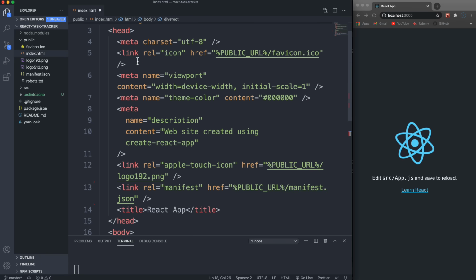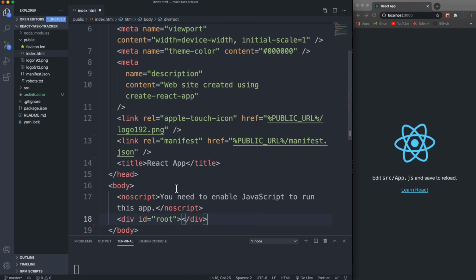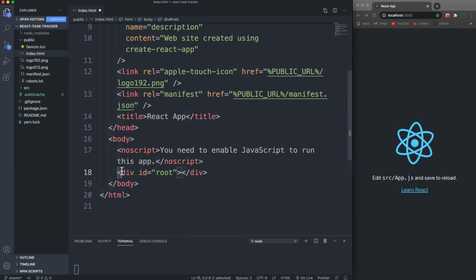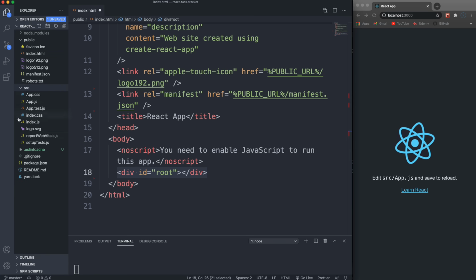And we have some meta tags and some stuff in the head, but if you look in the body, all there really is is a div with the ID of root. So this is kind of the gateway to our UI, to our React application. And the way this works, if we look in the source folder, which is where we put all of our components and state and everything that has to do with our app that we're building,